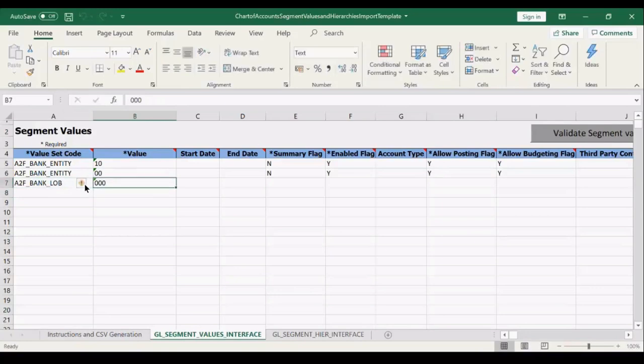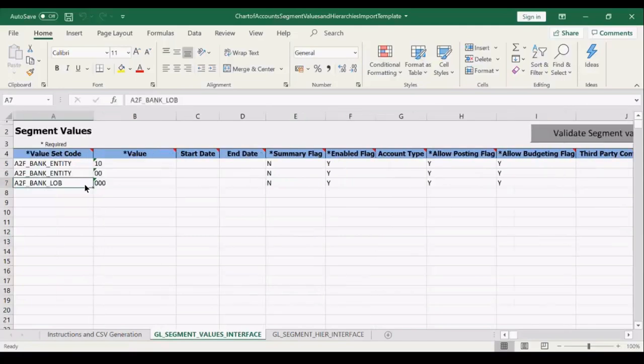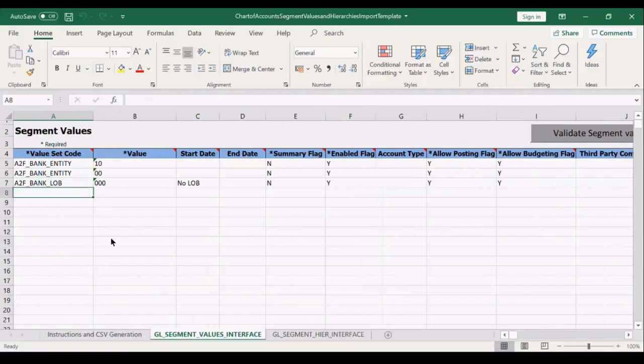So we can create no LOB, and so what I'll do is I'll just keep on writing the values here, and then after that I'll just cut and paste it in the description column in this particular column. So let's just write the values first, and let's say maybe this is my code,